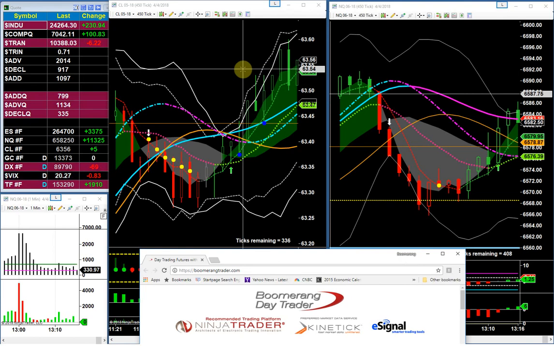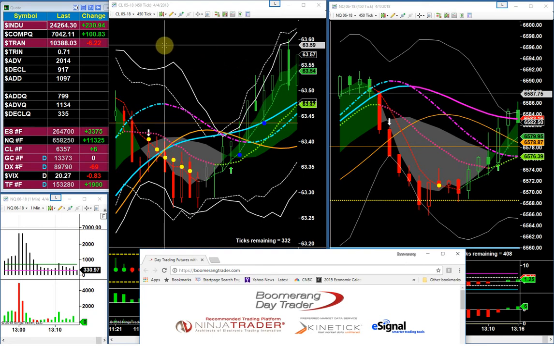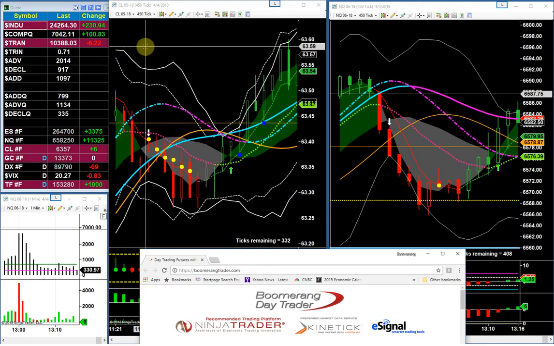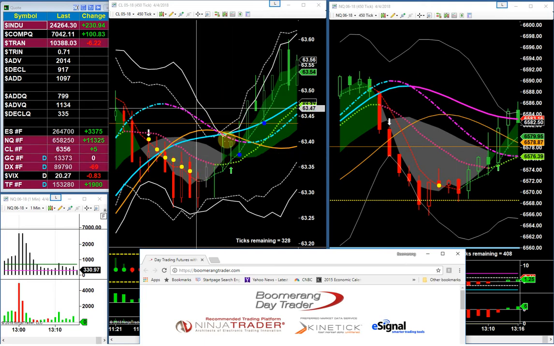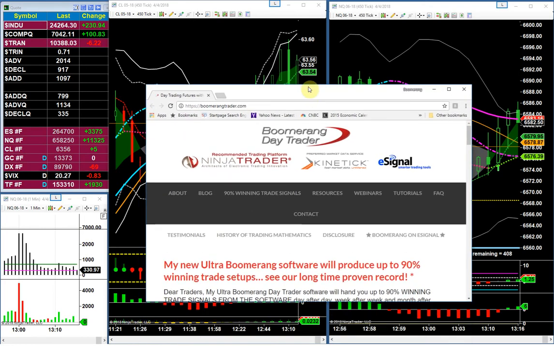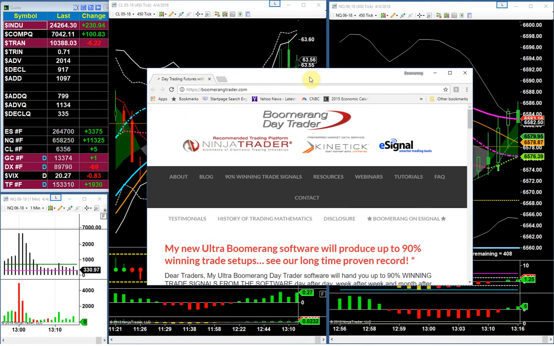One thing about trading is you want to be real consistent and find a proven winning program and stick with it every day. So you can see a crude oil chart here, and this is a NASDAQ chart, and it's displaying my Boomerang indicators and my Boomerang chart setups. More on that in a second. But these are what our services involve.